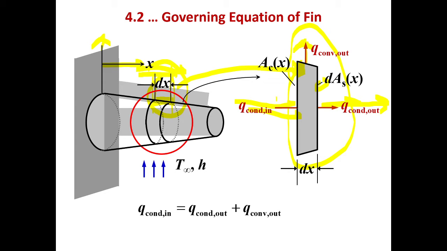So the heat inside the fin equals the heat outside the fin. The heat inside the fin is Q conduction in. So here is Q conduction in, and it equals the two ways, or we can say the two sides where heat will transfer from one side and from another side. So the net heat outside from the fin is Q convection outside plus Q conduction outside. So here also is written Q conduction outside plus Q convection outside.